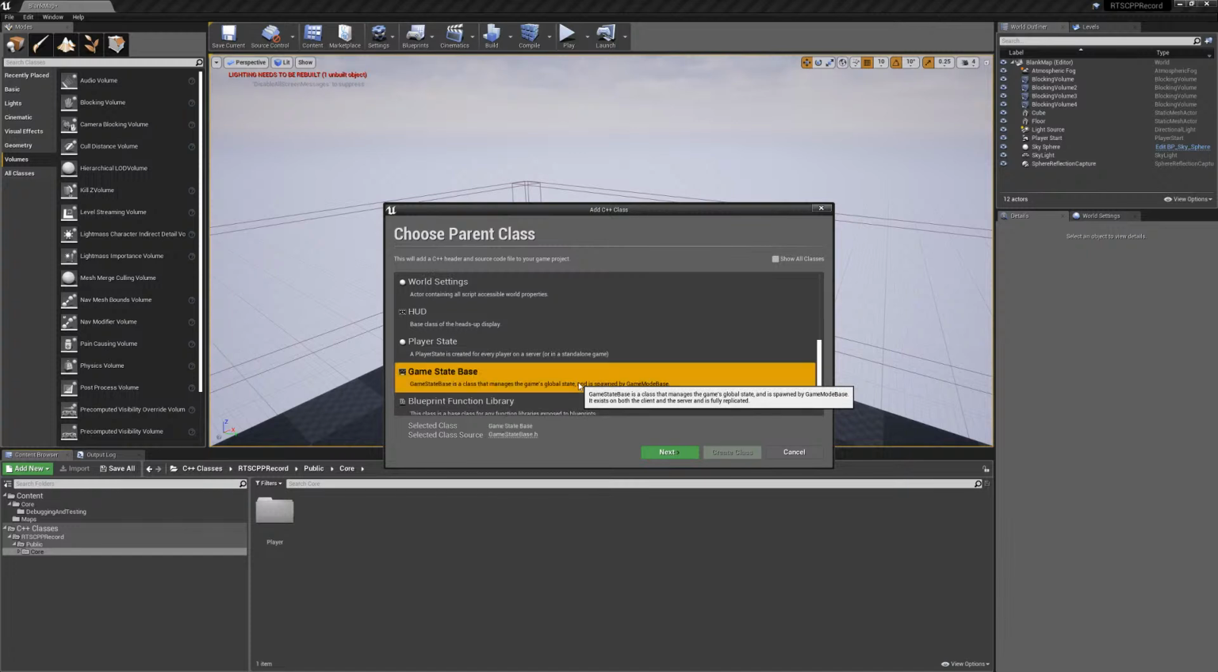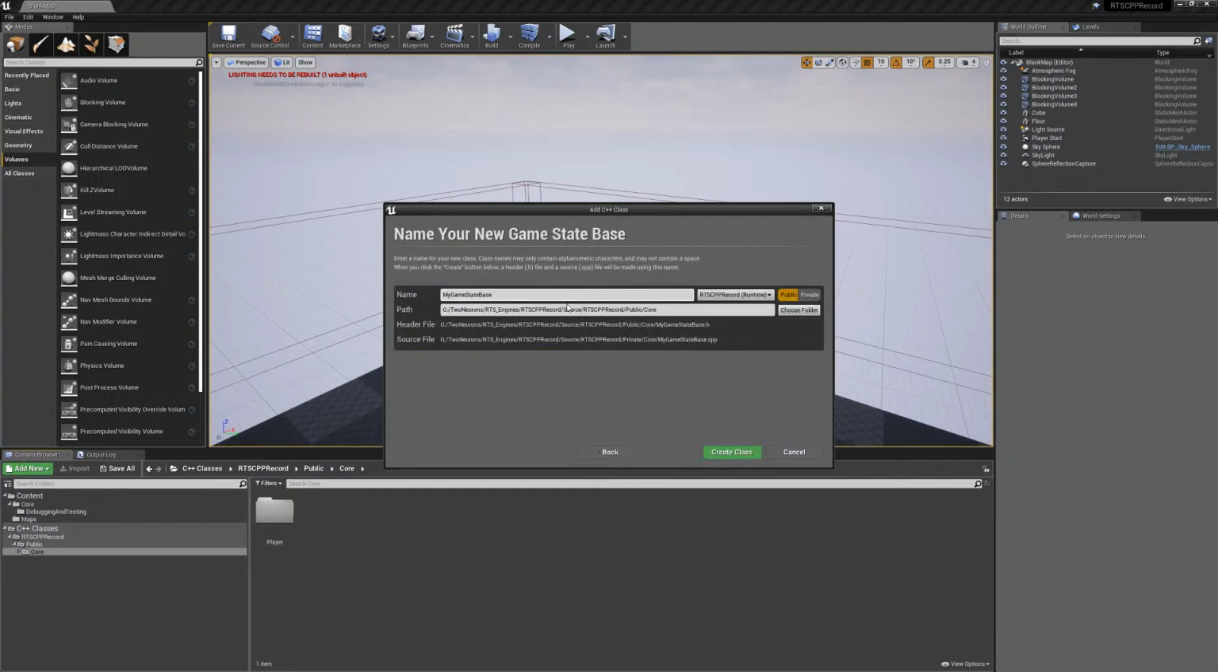Yeah, it's game state, sorry. I just had to think about that for a second. We go next. And under core here, we're just going to do a slash. We'll do settings. So I'll create a new folder. And I'm just going to name this my primary